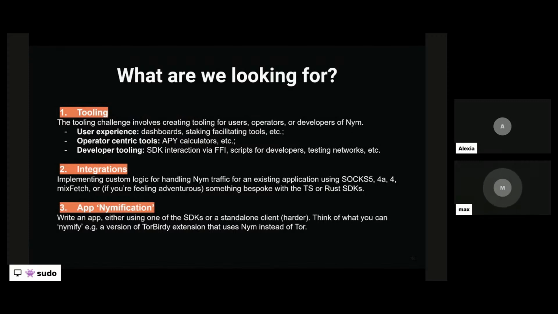Maybe you want to create a script for setting up a test network, especially if you're using the Rust SDK. We've already talked about how there's an example where you can use a different network topology, a different set of mixnodes and gateways. Maybe you want to build a script that easily sets those three things up, those five things up. Or the bigger one, and this is a far bigger one, but it would obviously be really cool, is,